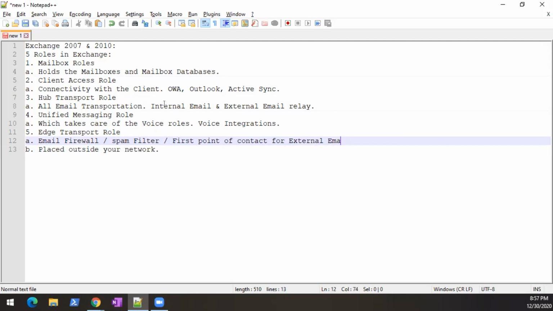This server is going to act as the first point of contact for any email which is coming from outside. That is its job. It's like an email gateway, like the cloud servers which are filtering the spam and all.